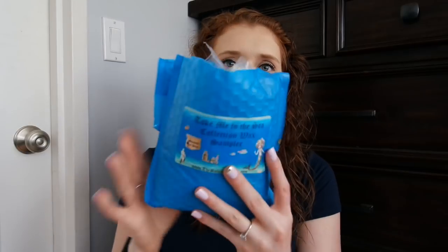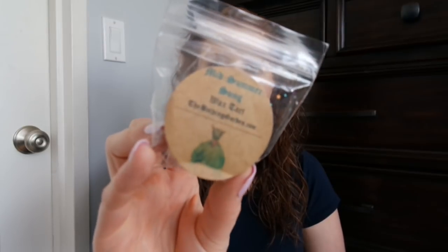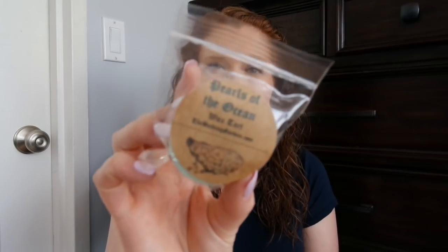And then I got the Take Me to the Sea collection wax sampler. This is an amazing deal for her wax samples. I think this was like $12 if I can recall. And I got pomegranate lime sweet tart, pretty hearty samples to include in here. I have Midsummer Song. There is Dryad Blossoms, Pearls of the Ocean,